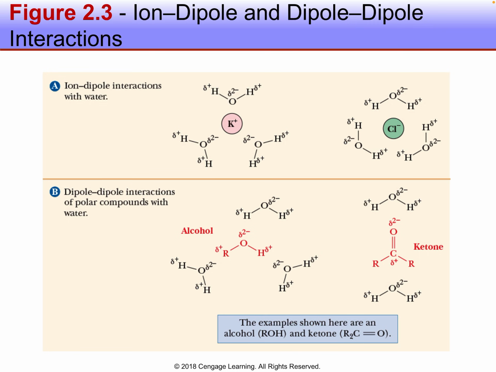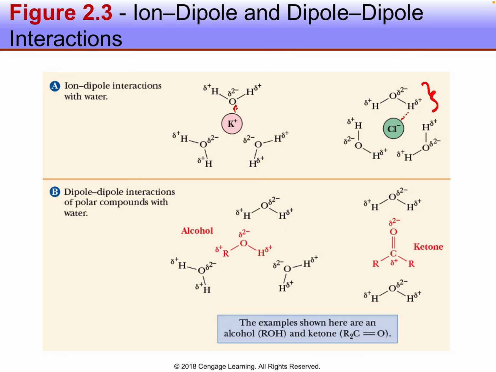And these are shown in different forms. Again, potassium with water, chloride. And notice that the potassium, because it's positively charged, is interacting with the negative end of water. The chloride, because it's negatively charged, is going to have an ion-dipole interaction with the partial positive hydrogen in water. And so you may be asked to draw an ion-dipole interaction between an ionic compound like magnesium chloride and water, and I would expect you to orient the water molecules in such a way that the opposite charges